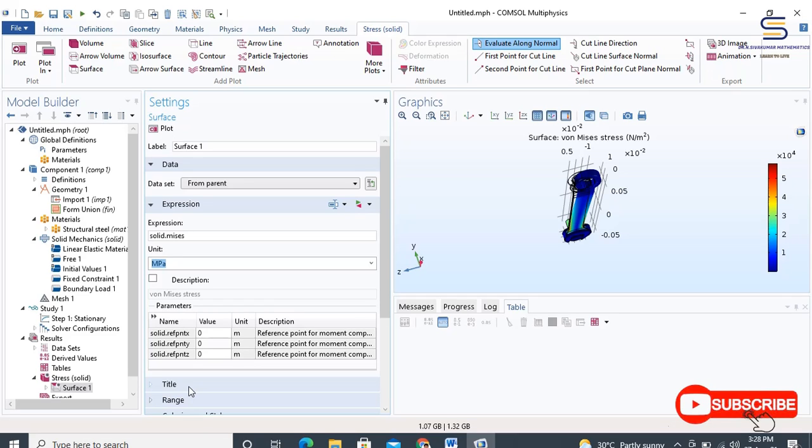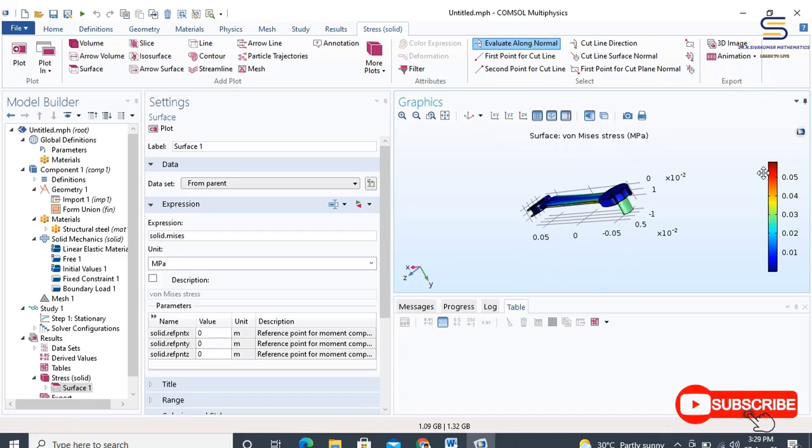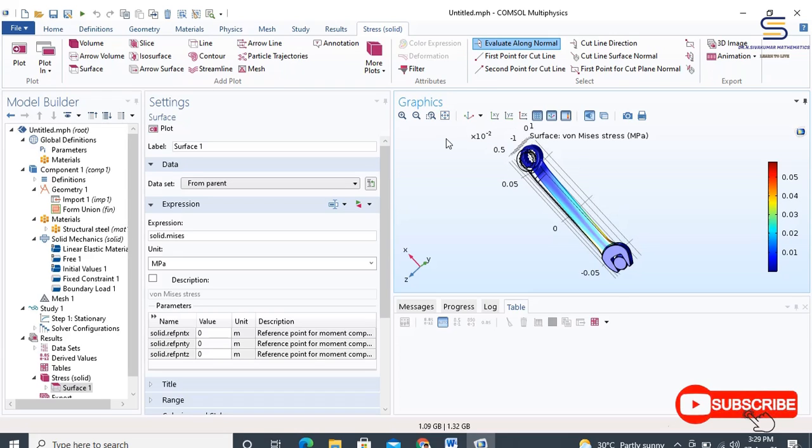In the stress solid toolbar, click plot. Now click the zoom extents button in the graphics toolbar, and now